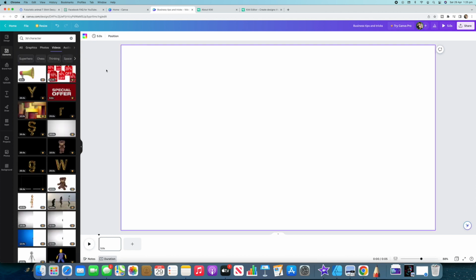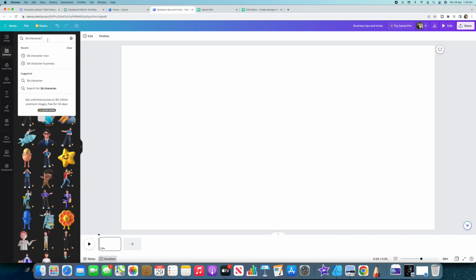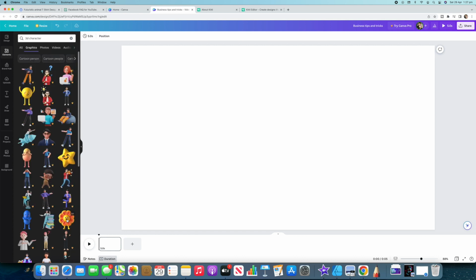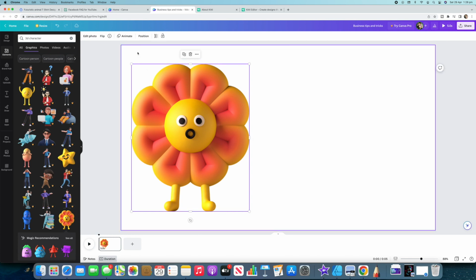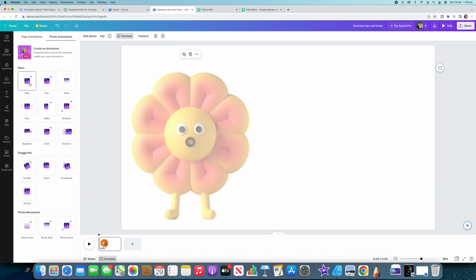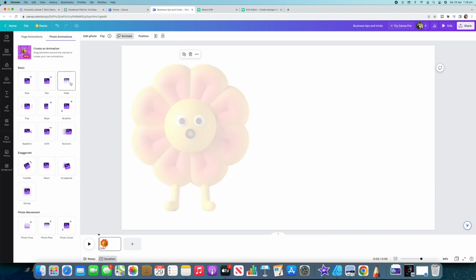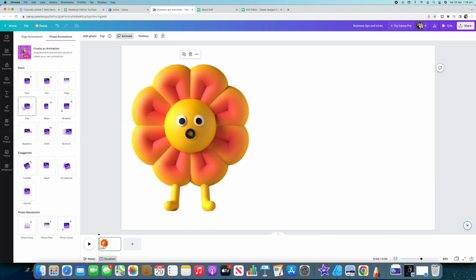All right, so let's pretend that we're doing a children's book or something like that, or maybe it's a children's channel. We might come across to graphics here. So we might start with this character here. And again, you can just animate it by clicking on it, come up here, go animate, and then have it doing different things. Maybe it pans in, maybe it fades in. Maybe it pops out. I think we'll use pop for the first one here. Make it a bit smaller though, but